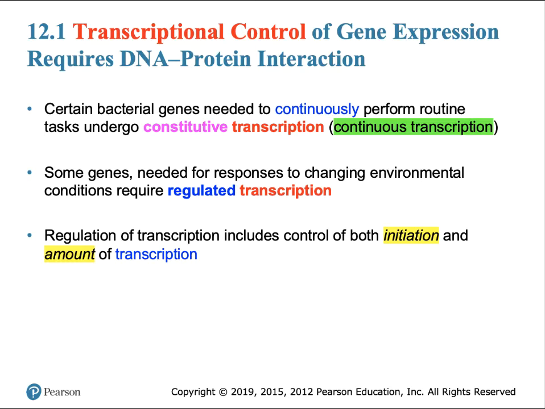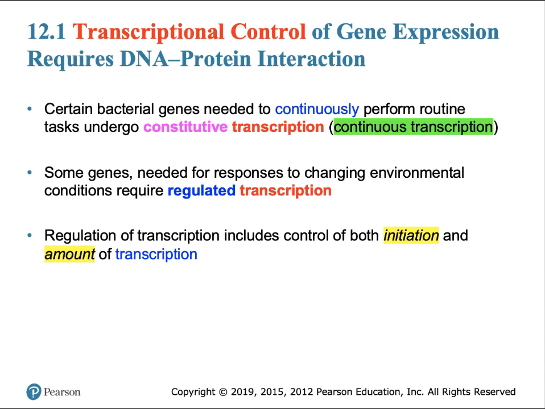The principles which we're learning here in these few slides will also apply to the chapter on gene regulation in eukaryotes, as the interaction between proteins and DNA basically follows the same principles. Let's begin with a general observation that certain genes in bacteria are needed continuously during the life of that cell, and these are transcribed in a continuous fashion. Therefore, that type of transcription is called constitutive. That means never turned off, always transcribing the genes at the standard rates.